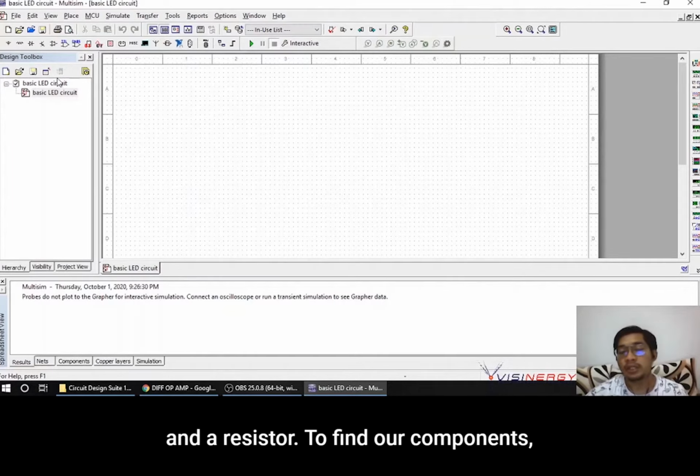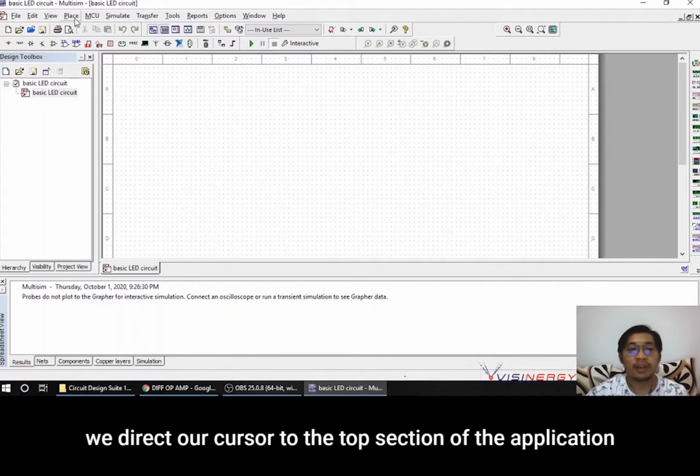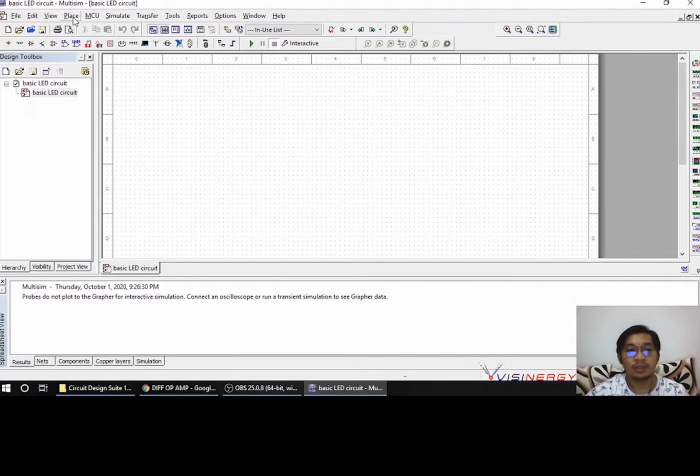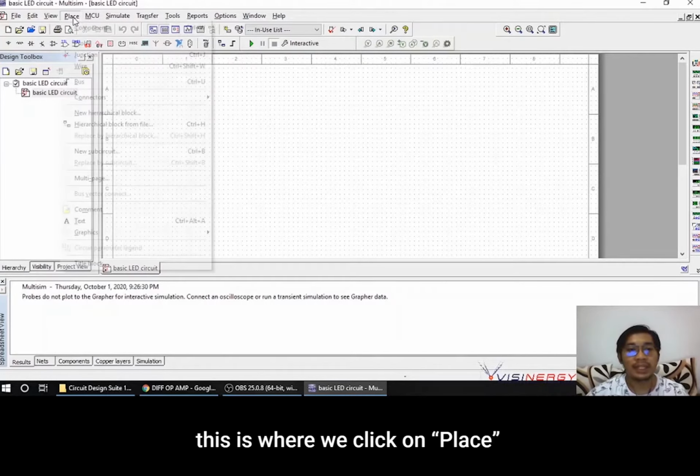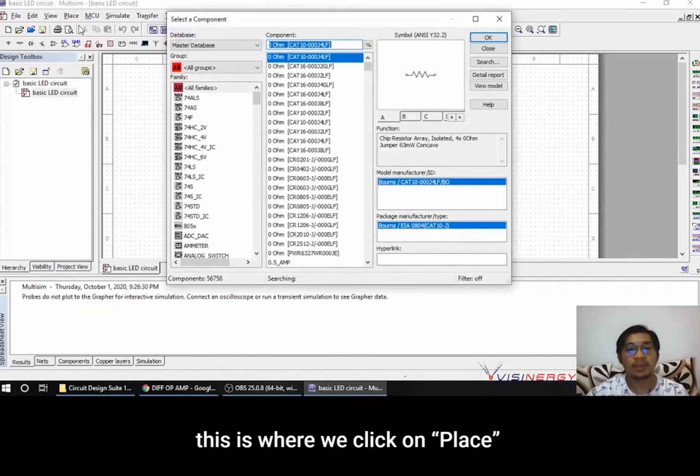To find our components, we direct our cursor to the top part of the application. This is where we click on Place and then choose Component. All of the components will be listed in All Groups.